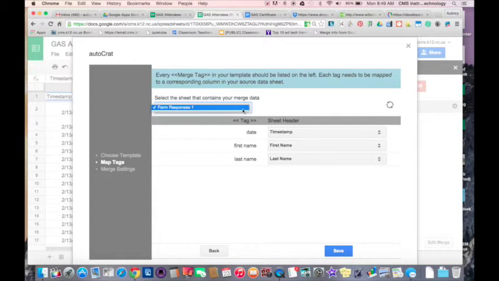I only have one sheet available, so I can leave this the way it is. And then it's going to ask me to match the tags that were in my Google Docs, the ones that had these little characters on the end on both sides of it, with the sheet header. So the tag date for me is going to correspond with the timestamp in my spreadsheet. And the same thing with the first name is going to correspond with the first name in my sheet header, and my last name tag is going to correspond with my last name sheet header,